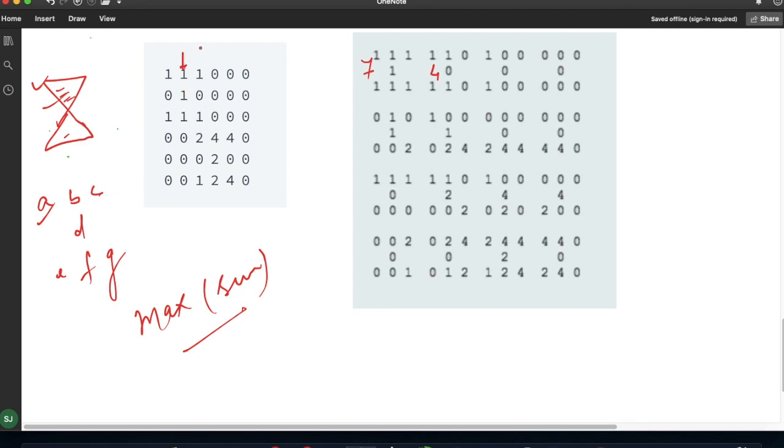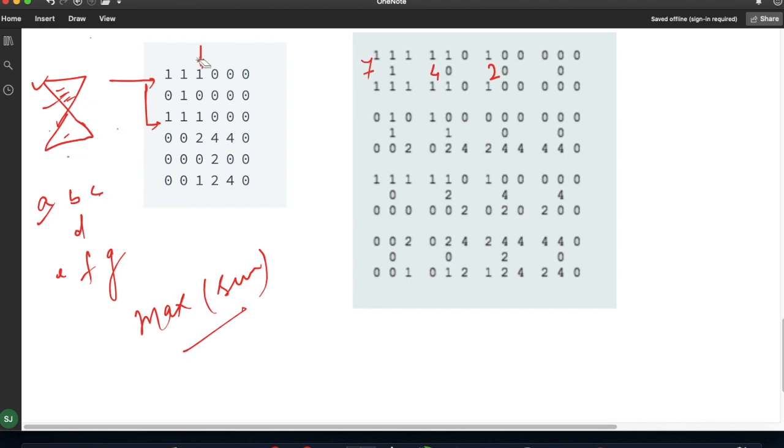So now we are done with the second. Similarly, for the third, we have to start from here. The third structure will look like this: A, B, C, this will be my D, and this will be my E, F, G. You will see the structure looks like this, whose sum is 1 plus 1, which is 2. So now we are done with that. In the very first iteration we are moving from here till this only.